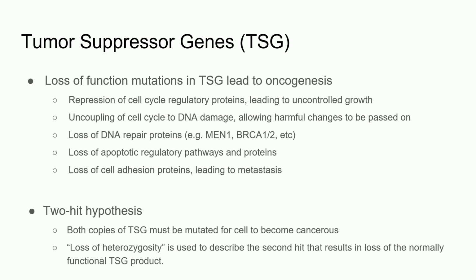Tumor suppressor genes are genes that prevent tumorigenesis by coding for housekeeping processes within the cell, such as apoptosis, DNA repair, and cell cycle repression. The loss of a tumor suppressor gene results in cancer, and one of the most famous tumor suppressor genes is p53. For tumor suppressor genes, usually both copies are required to be mutated to induce cancer, and this is known as the 2-hit hypothesis, where 1 copy of the tumor suppressor gene is mutated and later acquires a mutation in the second copy, rendering the product of the tumor suppressor gene non-functional and allowing for cancer to grow.